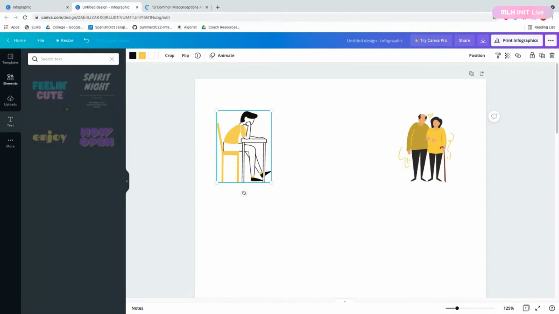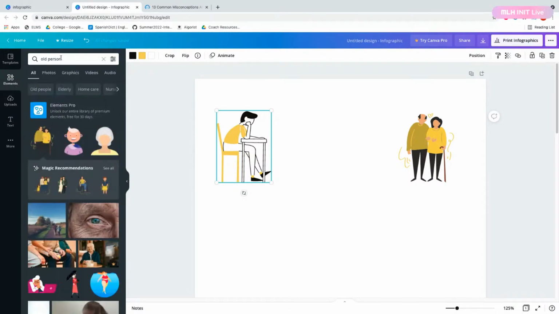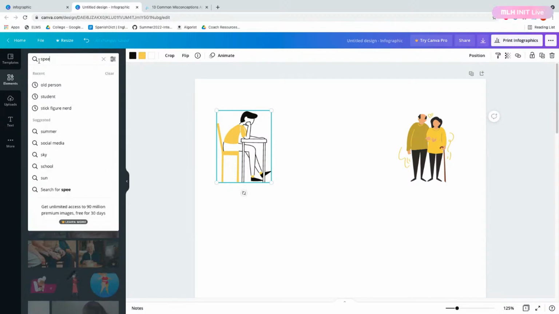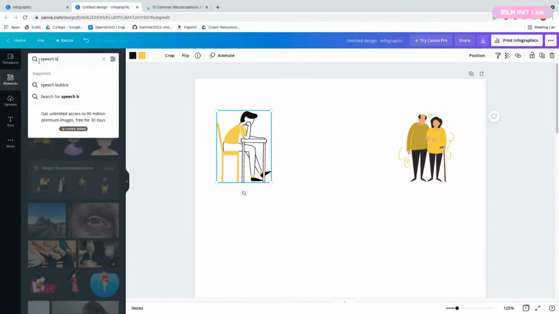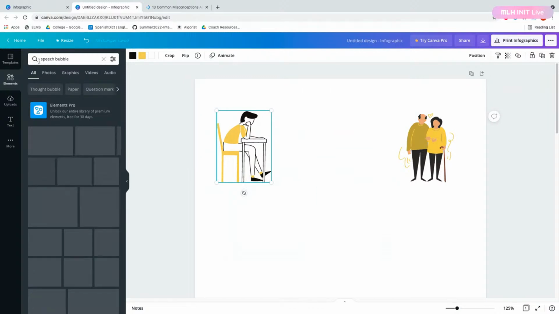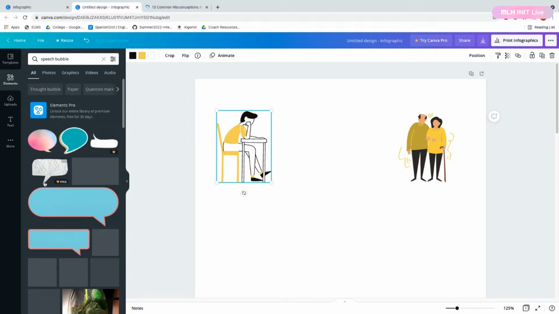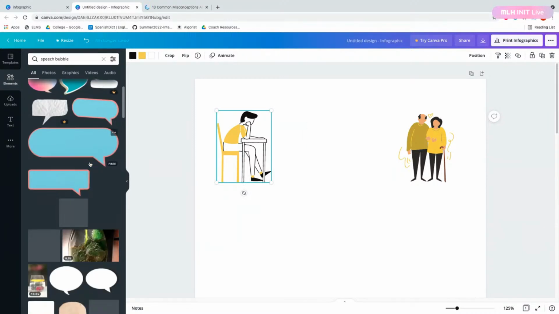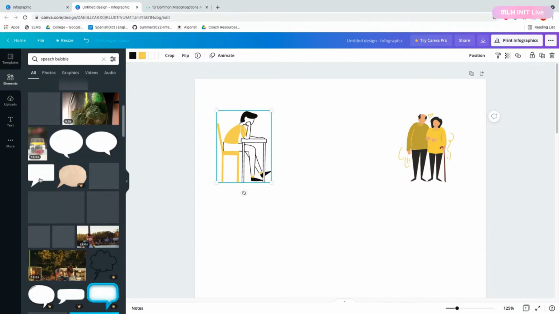Look for a speech bubble as an image. So it works.